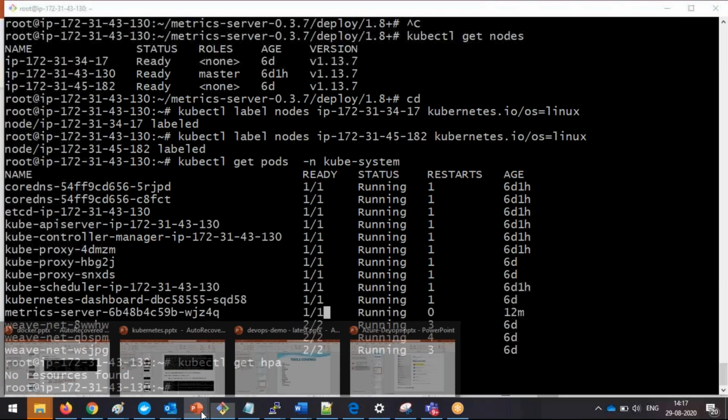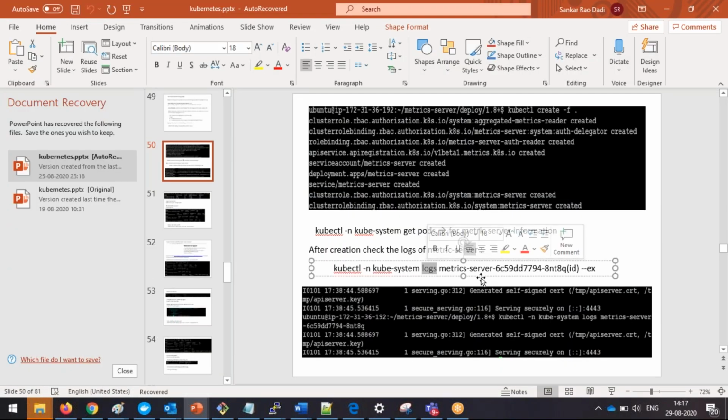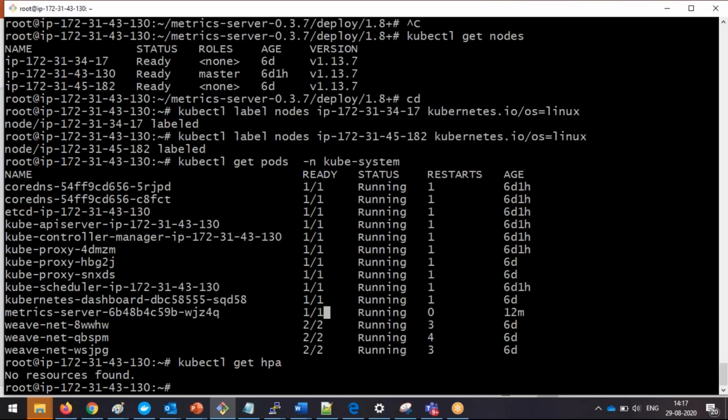Then the next one, we can check the logs. Now go to the metric server and see the logs, to check if everything is properly configured and the pod is properly running or not. If we see any issues, we need to fix them. For that, kubectl logs is the command. Docker logs is the command to check Docker logs. The kubectl logs is the command to check the pod logs. Pod means again the container. So kubectl